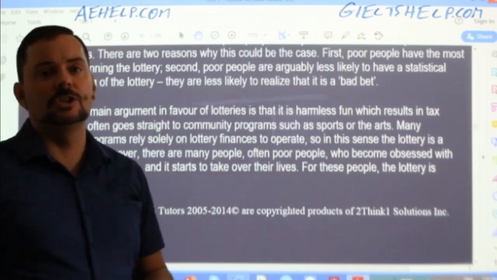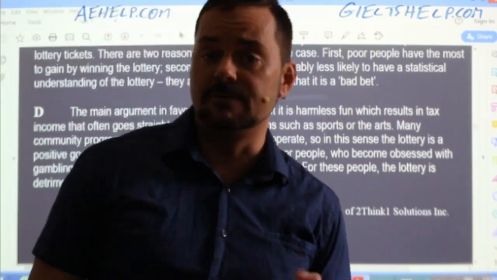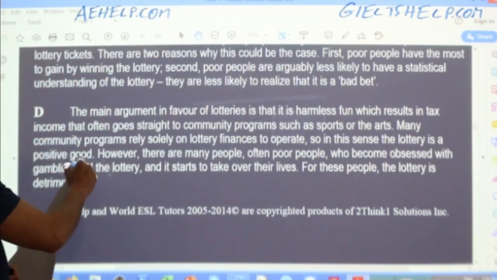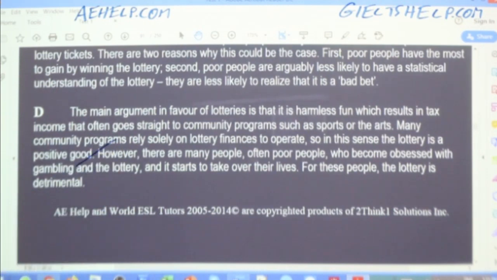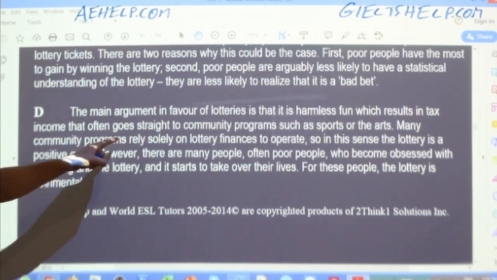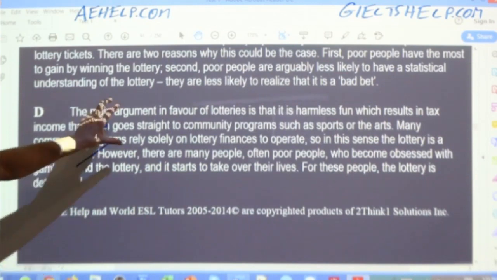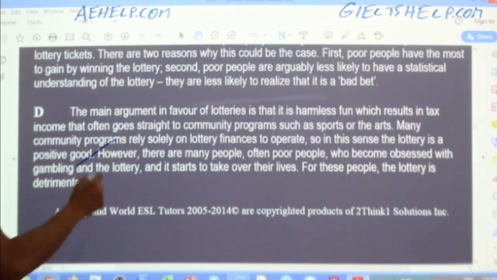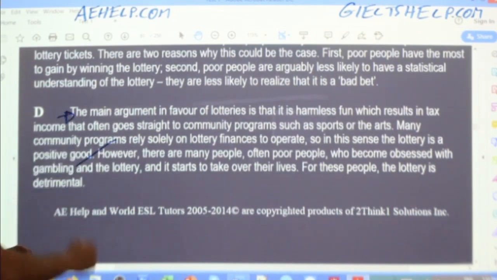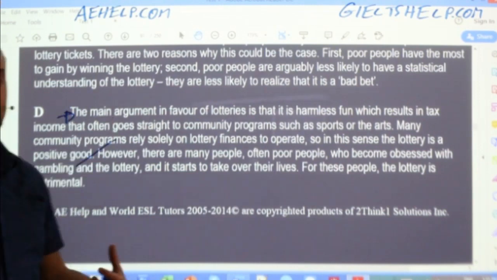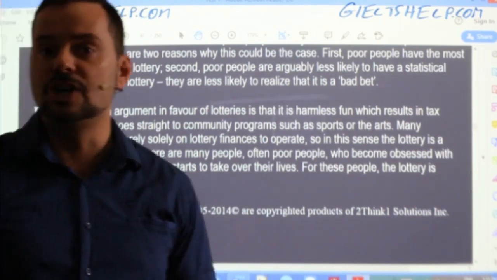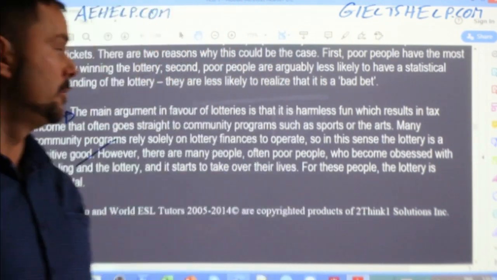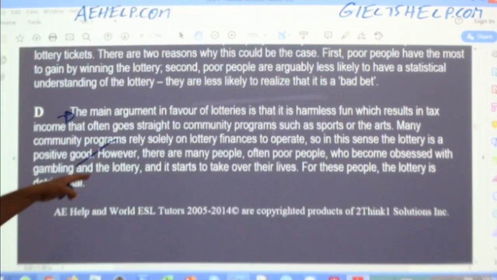So one strategy that you could use for this in your actual exam, if you were reading this passage, Charlie, is as soon as you get here, you can draw a line like that on the paper. This line will help you to recognize and remember that this part and this part discuss two different ideas. Now, when you're visualizing, of course, you see here people having fun and community programs getting money from the lottery. There's a new gym in your town, or a new school, or a new sports program, a new football club, built by lottery money.